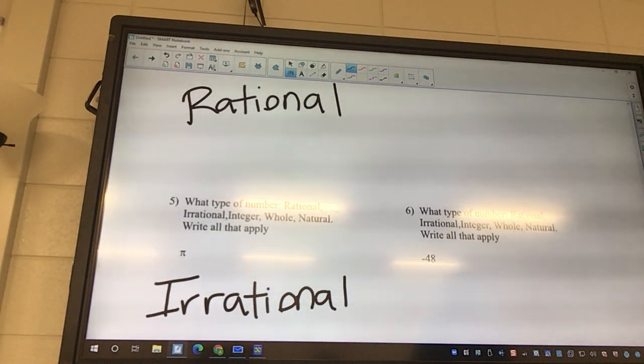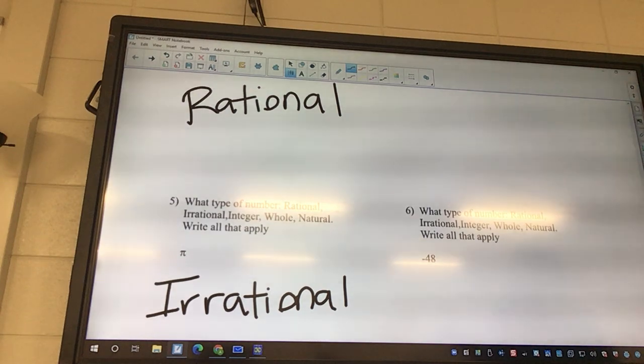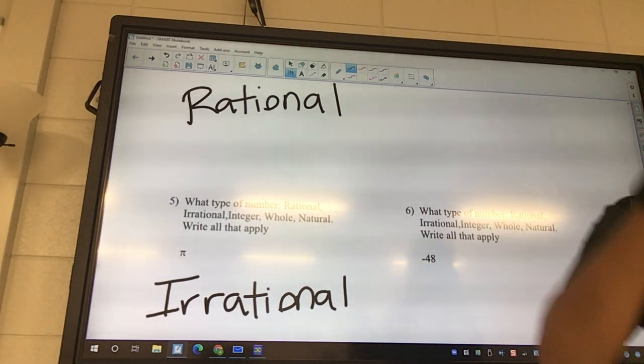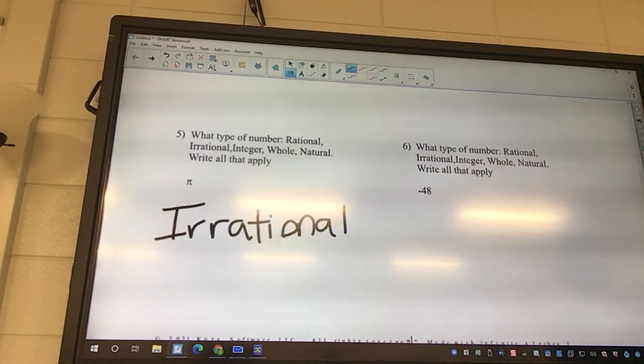It's not an infinite repeating number. So that is just a rational. So rational numbers are like 8.333333, and it goes on forever. Irrational, it does go on forever and ever, but it's not repeating, and that's the key. So after the decimal, it'd be like 8 point, and then it goes 2, 4, 6, 8, 0, 1, 2, 3, and the numbers keep changing. And so that's what makes something irrational.